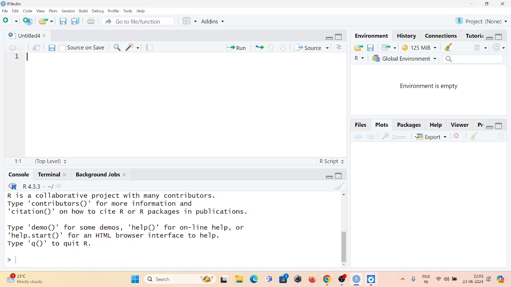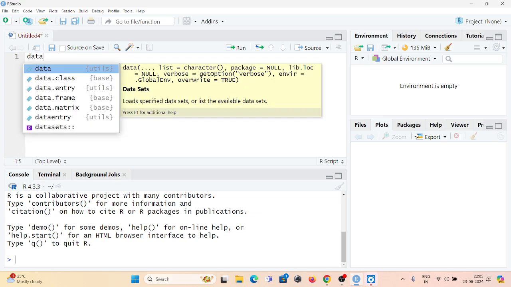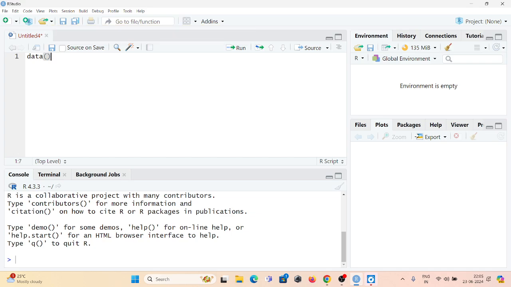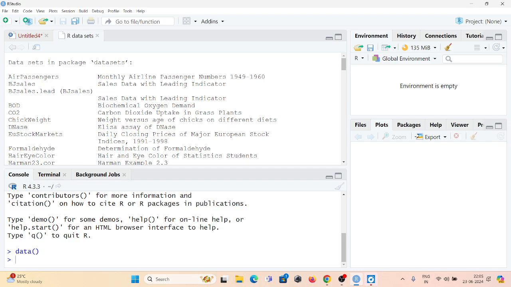Here, first of all, we have to find the data set where we have to deal with the NA values present in the data set, right? So we know how to get the sample data sets. We can write here the data function. Whenever we write the data function, you can select this and click run. If you click run, you can see the sample data sets are present here, and these are the descriptions of the data sets.